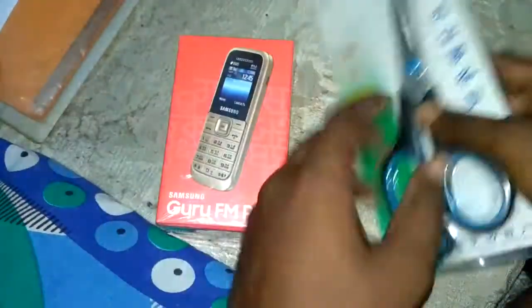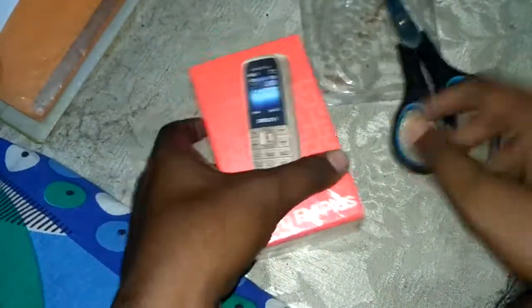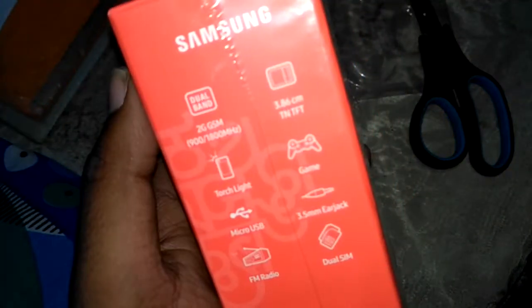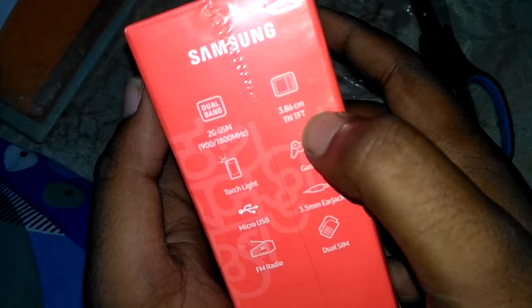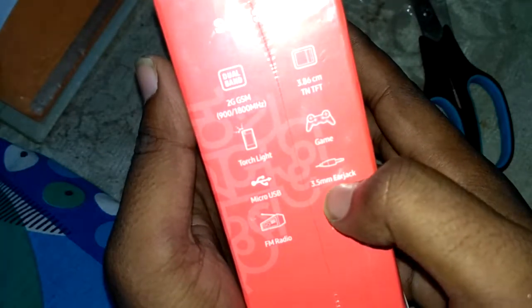Manual. I have a new Samsung Galaxy FM Plus, Samsung Guru FM Plus. On the side of the Samsung Galaxy, we have 2G and a 3.86-inch TFT screen, torchlight, micro USB, 3.5mm jack, FM radio, dual SIM. And on the side,